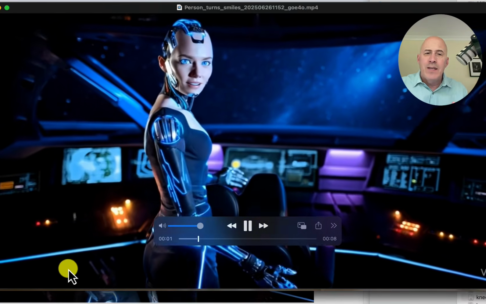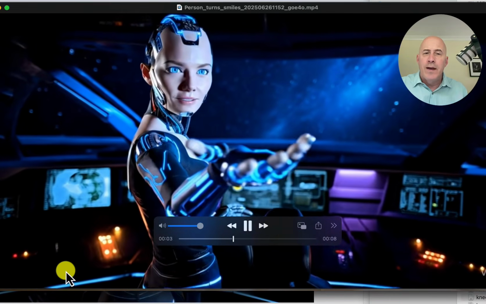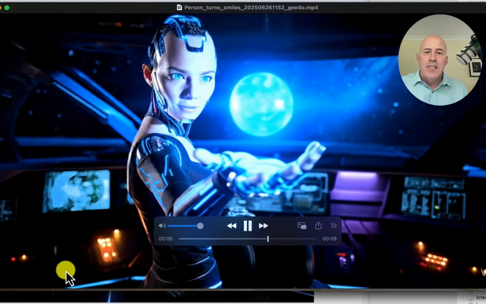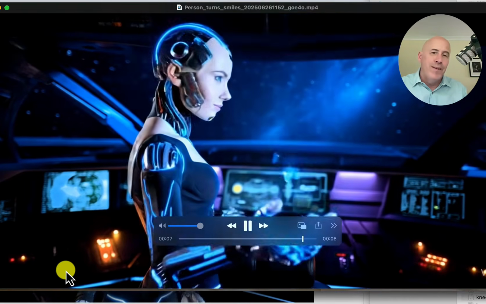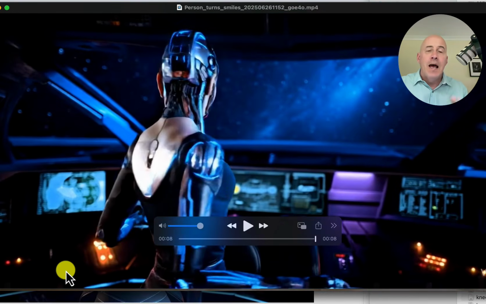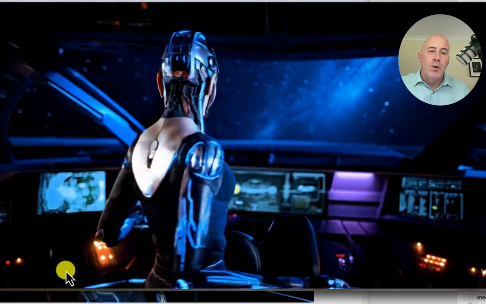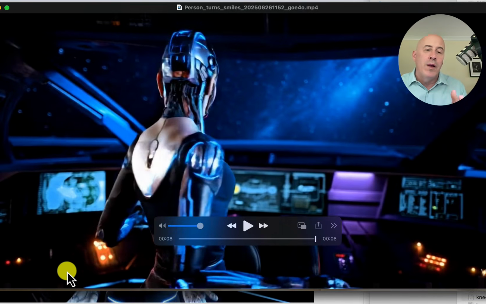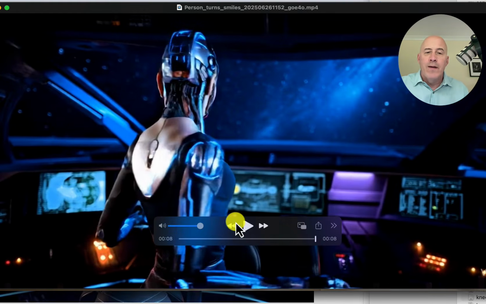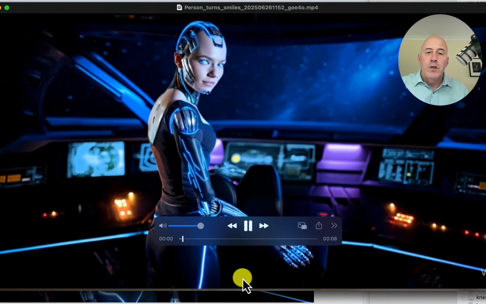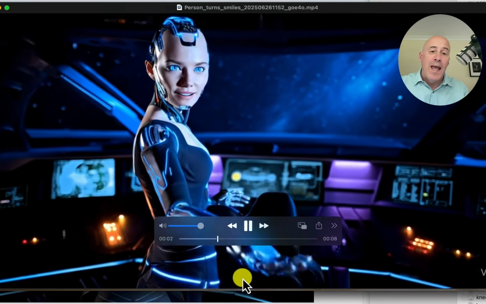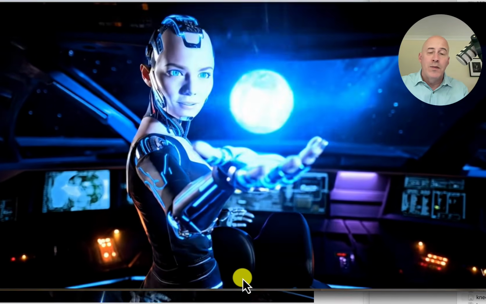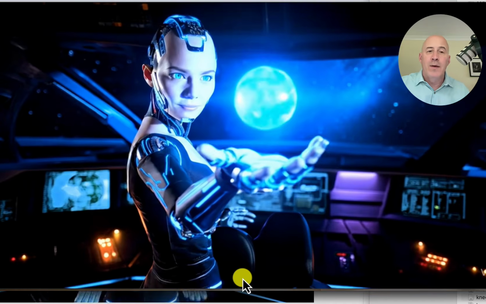I'm going to have to give this one still to Veo because I think this is more realistic as far as realism can be. Not because she looks more realistic. She looks more realistic in the Seedance, but there's enough fakeness that it's still a robot with some sort of magic power to create an orb within the one hand, where it was two hands with Seedance. So Veo gets this one.